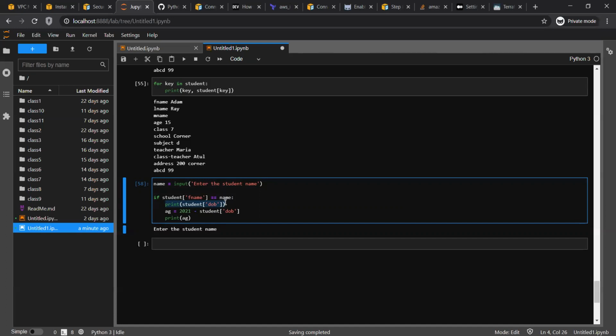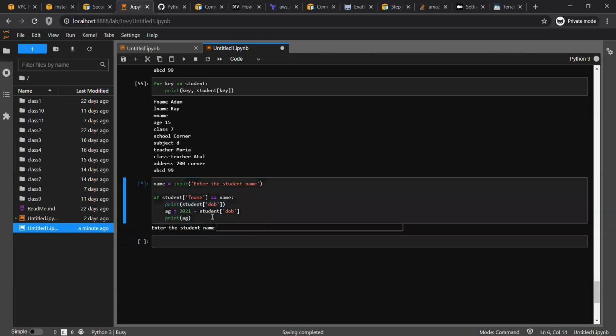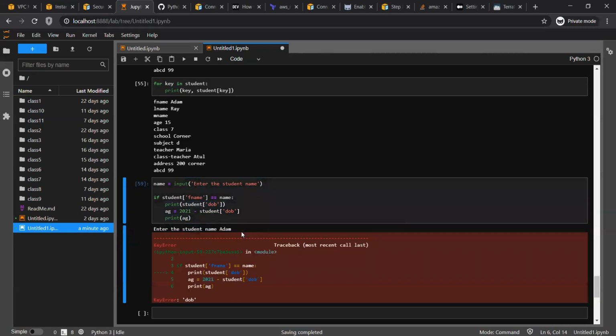What is the DOB of that student? And then calculate the age of that student, and then print that student their value. Okay, so let's see. Let me put Adam, and my program is broken here. Right, the program is broken because that key doesn't exist.